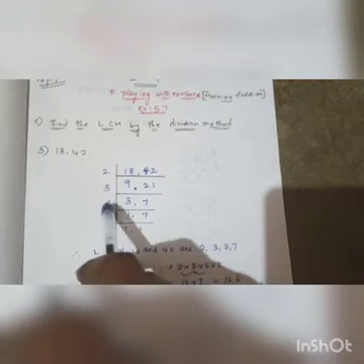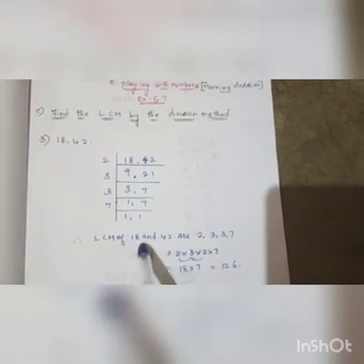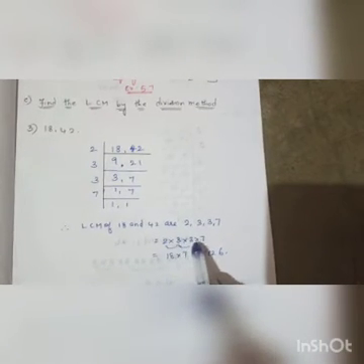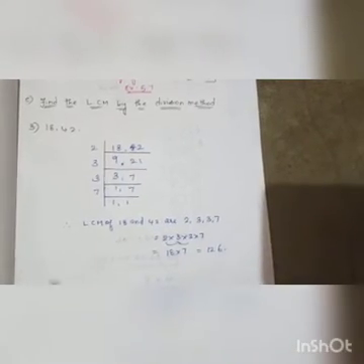Now again I take the 3 table, 3 is 1 time. But 7 does not come in the 3 table, so 7 remains 7. Now in the 7 table, 7 is 1 time, and the 1 remains 1. All are 1, so you stop the division. Therefore the LCM of 18 and 42 is 2, 3, 3, 7. You multiply: 2 into 3 into 3 into 7. 2 threes are 6, 6 threes are 18. 18 into 7, 126 is the answer.